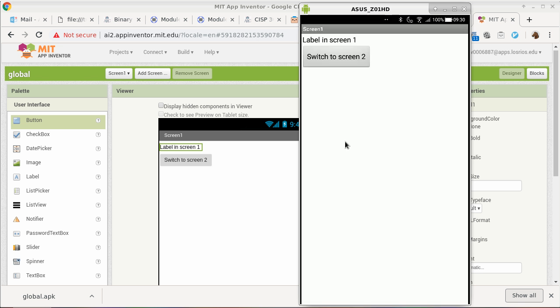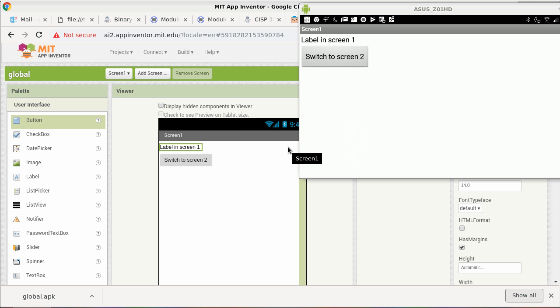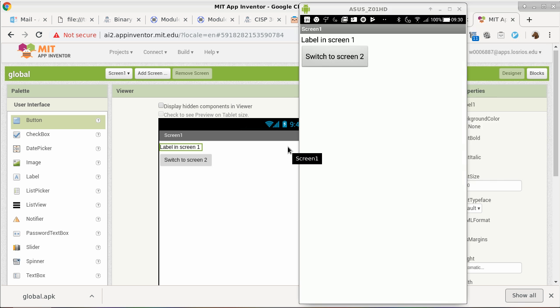So here's the app. Okay, this is screen one. As I said, when the application starts, it has no option but to start with screen one. Okay, and I'm clicking switch to screen two, and nothing happens because I haven't really specified any action associated with the button itself. So the button seems to be functional. I mean, I can click it and it seems to be clicked, but it doesn't do a single thing because I haven't specified what it should be doing when it's clicked. Oh, that's kind of cool. It switches orientation.